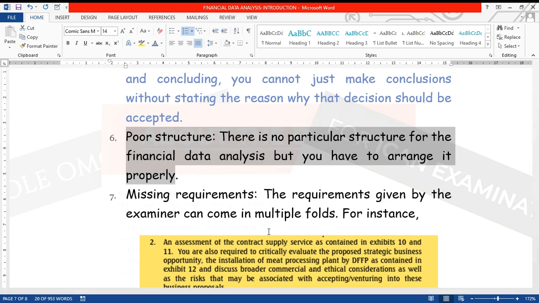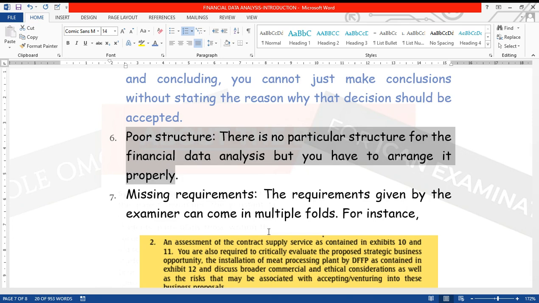Now, in this our question, we're told to look at contract supply service from the shop, and we're told to look at the installation of the integrated meat processing plants, right? So you cannot be talking about contract supply service, then you go into installation of meat processing plant, then you come out from there, you enter contract supply service, you stop there. Everything is just jumbled up. I can't even at a glance, or even reading it in 10 minutes,